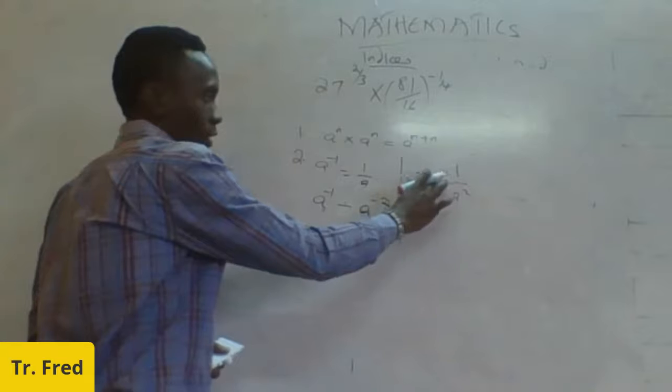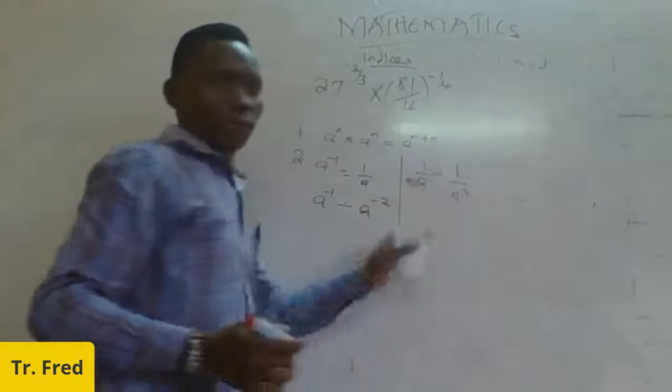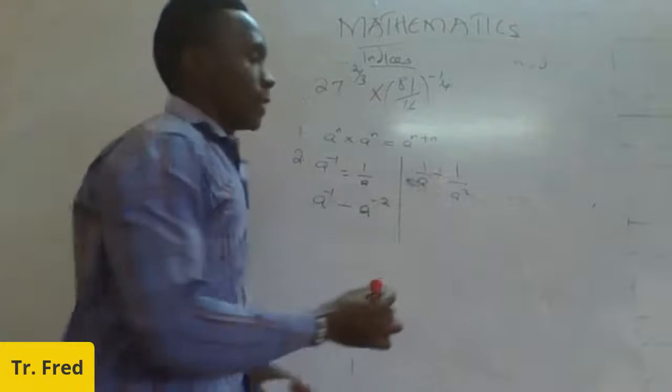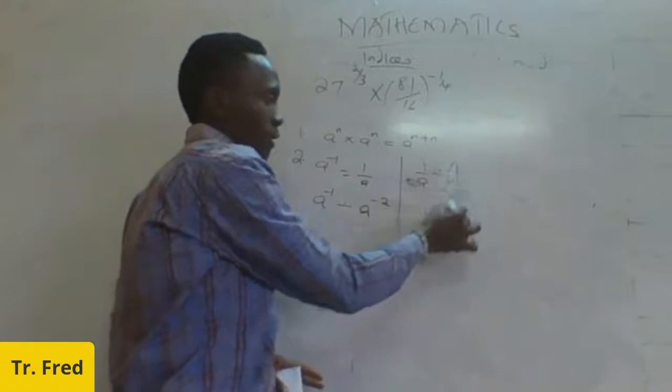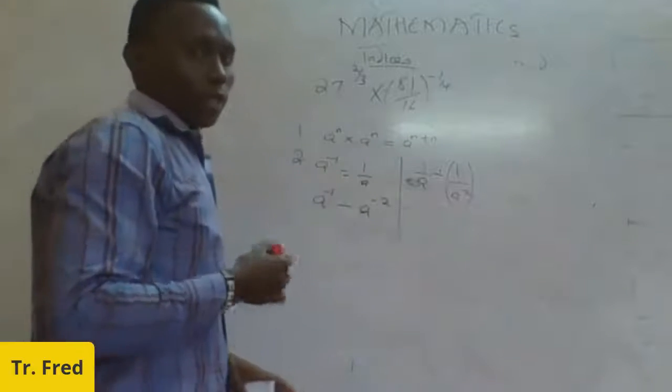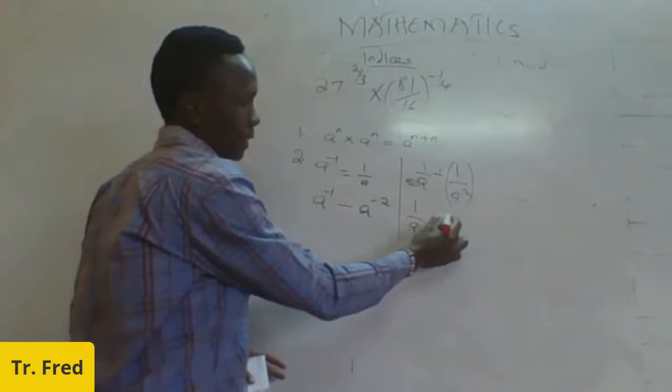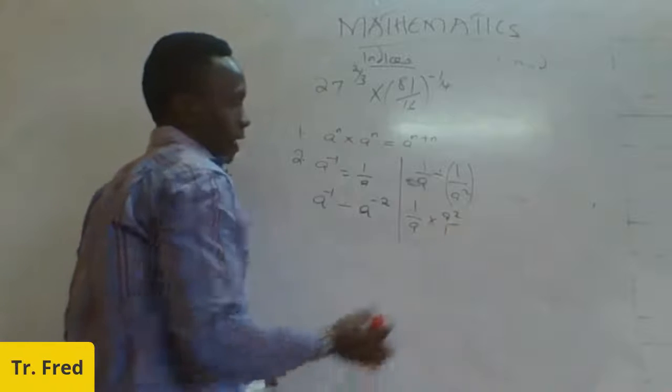Since we know that to remove the division sign we substitute a multiplication and use the reciprocal, this will be 1 over a multiplied by a squared over 1,